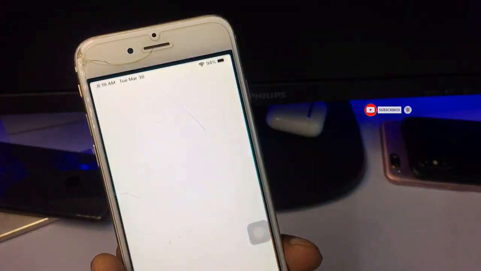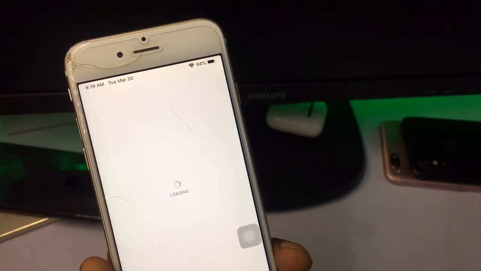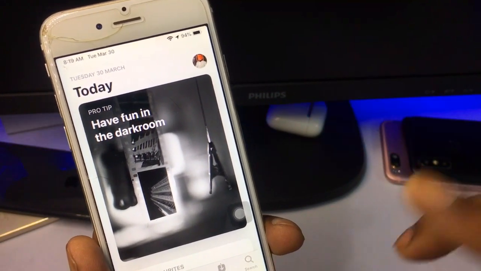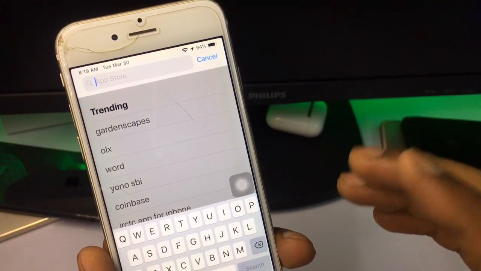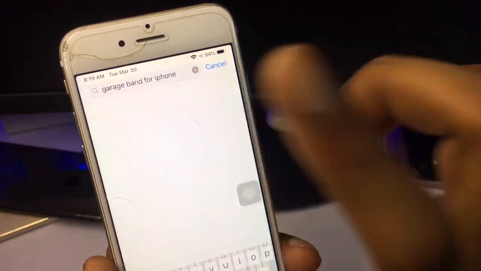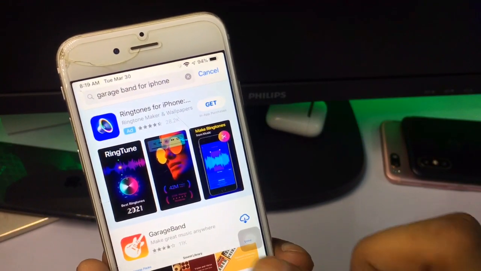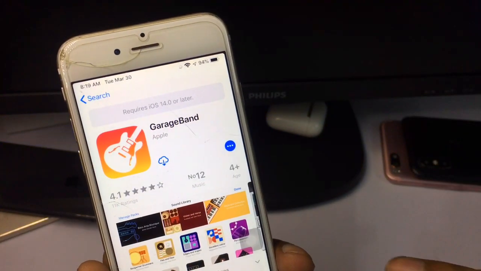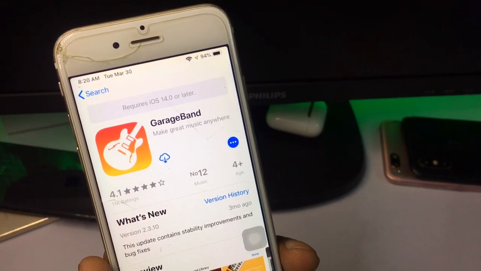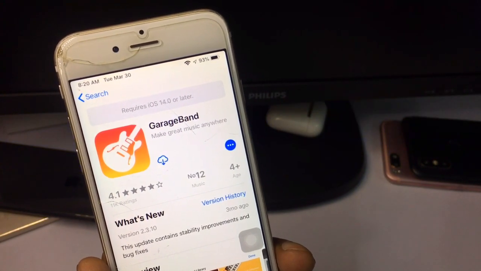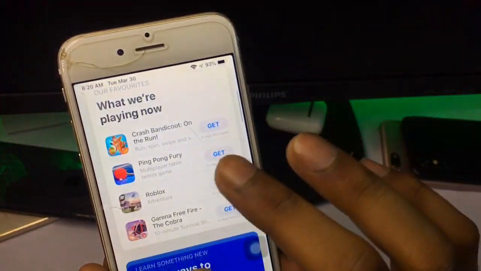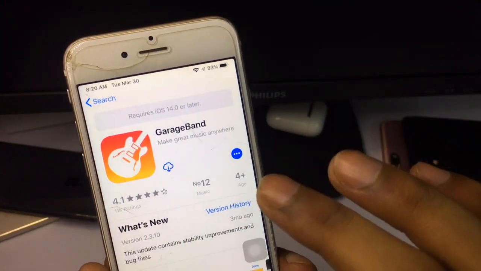So just open the App Store and search for the GarageBand application. If this application shows in the search results, then I will show you how we can download it, and if it's not showing in the search results, then I will show that too. So I will just search GarageBand. You can see here this GarageBand application shows in the search results in my case, and it shows requires iOS 14 or later. But if this application does not show in your case, then how can you install it? I can simply install it from this button here, but if your application is not showing from here or in any of these search results, then how can we download it?